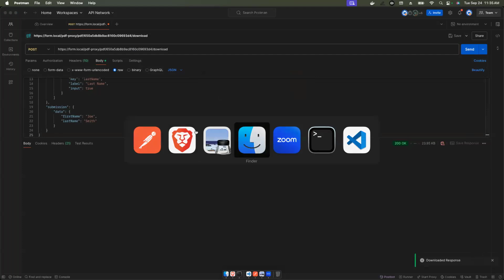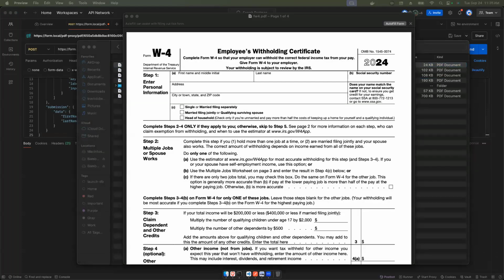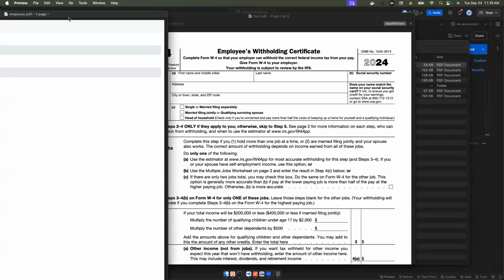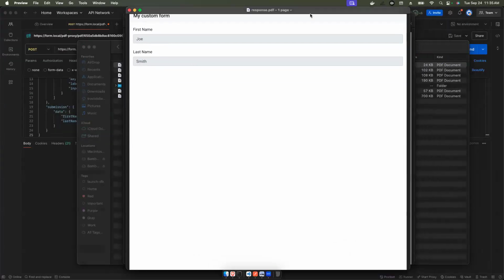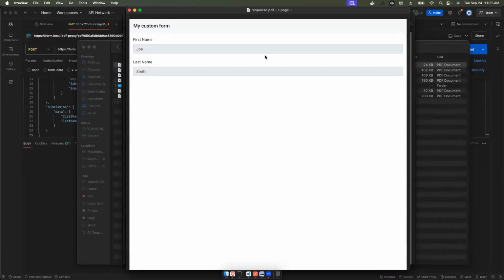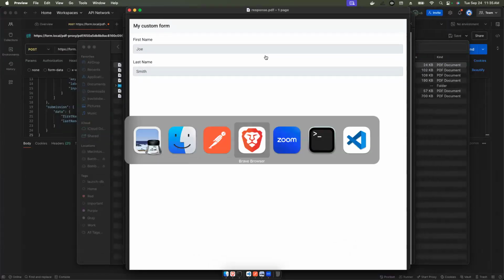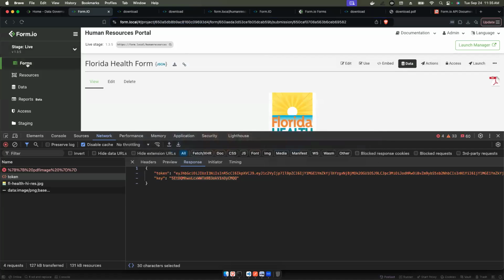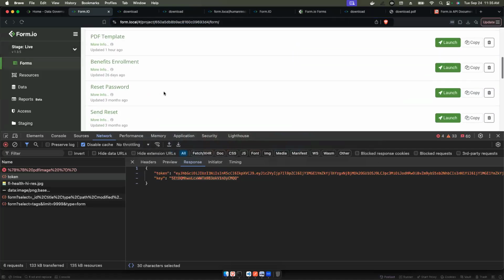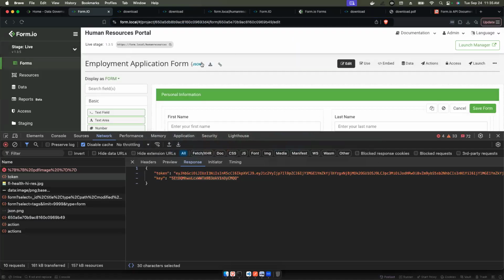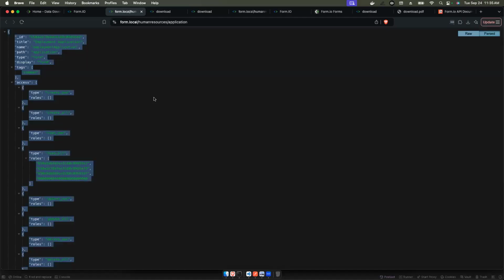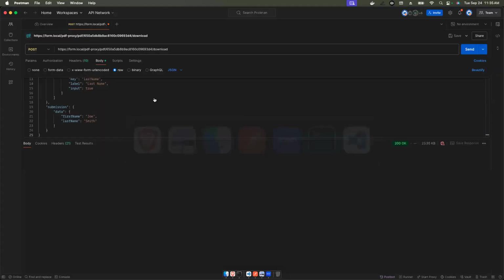And so that PDF document looks like this now. Let me drag it over. So this is what I just sent it. Now, here's where this gets really cool. I could send any form JSON that I want. So I could, for example, go to my employment application. Let me just go to JSON. I'm just going to copy and paste this full JSON